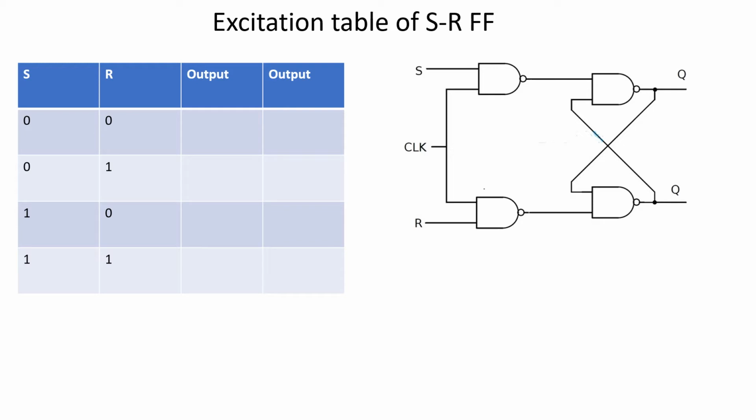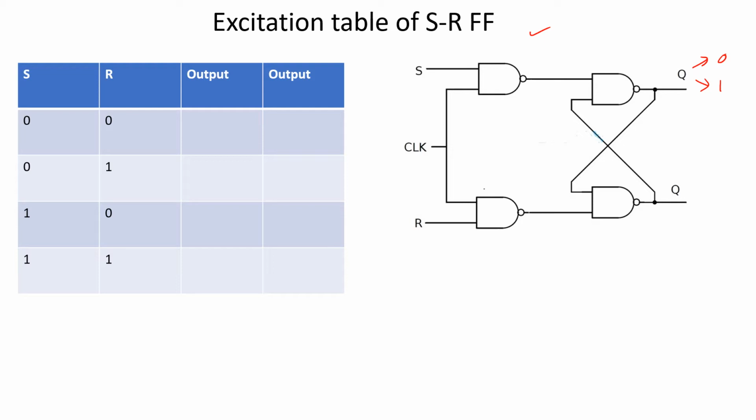The output columns are kept empty. We will see the working of the circuit and then we'll fill the output columns. One thing we have to keep in mind is that whenever a circuit is powered on, the circuit switches to one of these stable states, that is either 0 or 1. What I mean to say is when this circuit is made on, the output assumes either 0 or 1 and it is unpredictable. We don't know which value it will assume. So we have to assume both the values, see the working of the flip-flop, and then fill the truth table.